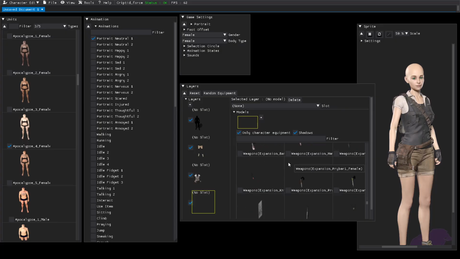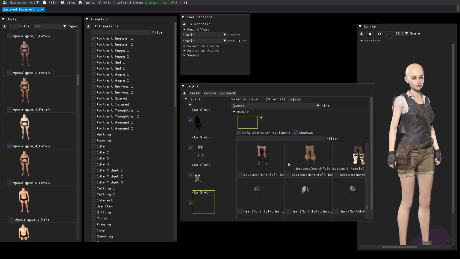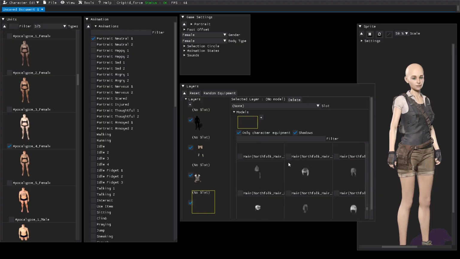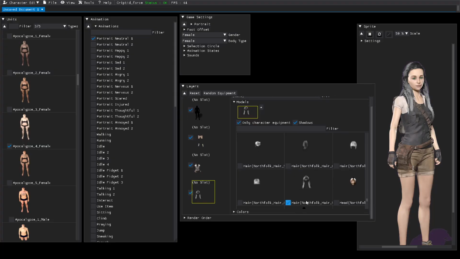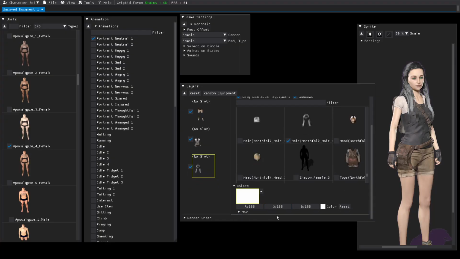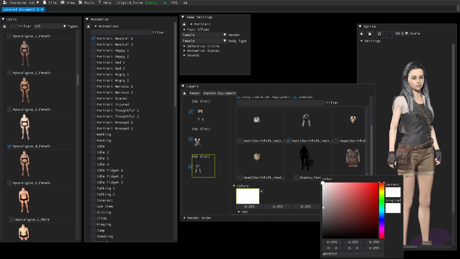So we're going to find some hair that works well. And I think this hair maybe. Yeah, I like that hair. That hair is really good. But we're going to change the color of it. And this is where you can adjust things now. So I'm going to go into the color. And I want to make that hair